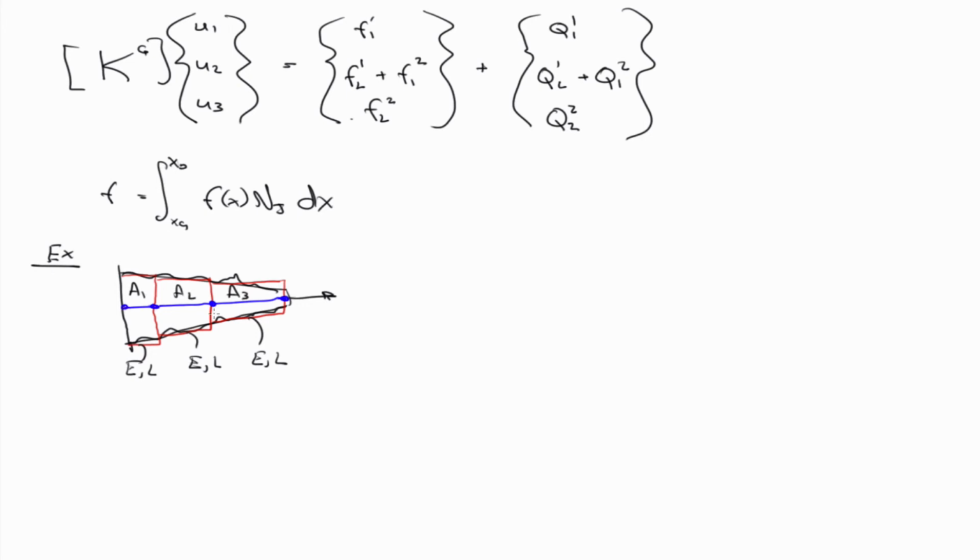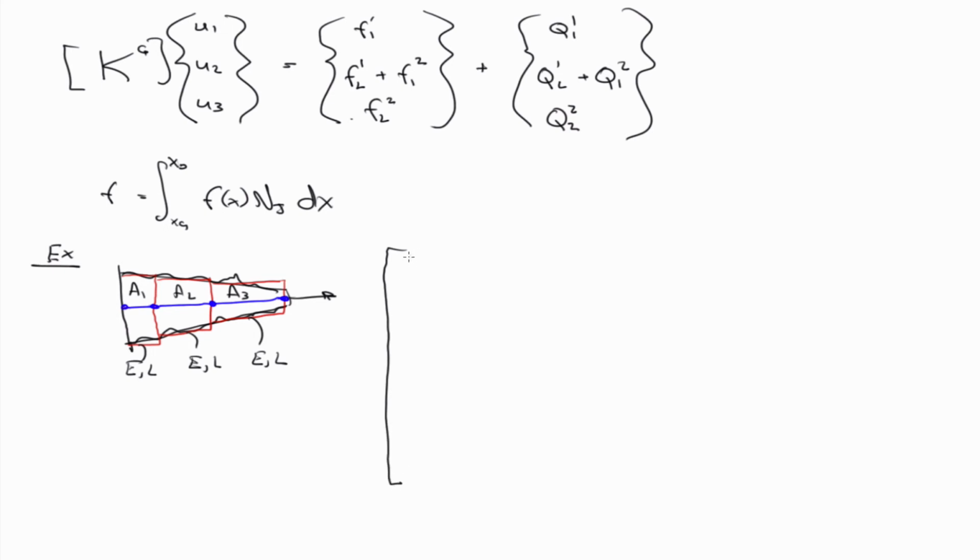So you should be able to see that this is sort of like the trapezoid rule in integration, that if we make these small enough, we'll approach the correct geometry. But I just chose to do it that way because we already know what the element stiffness matrix is for this geometry, right? So I don't have to rederive it. We can just write it down. So if we do that,